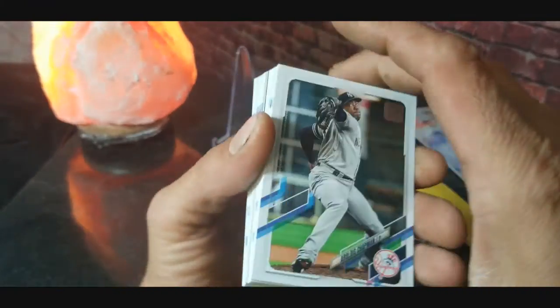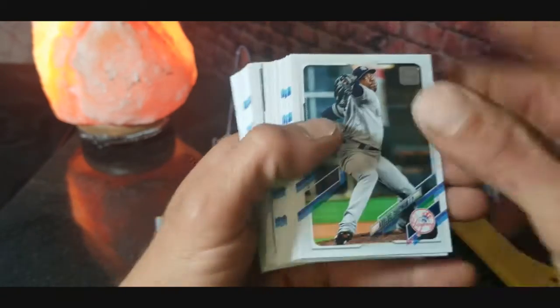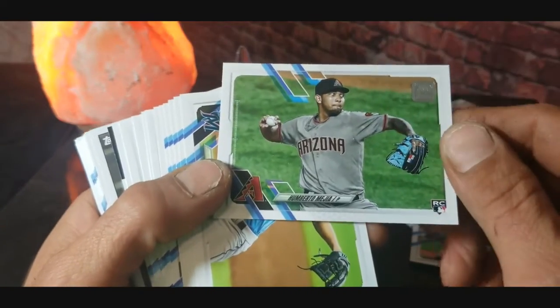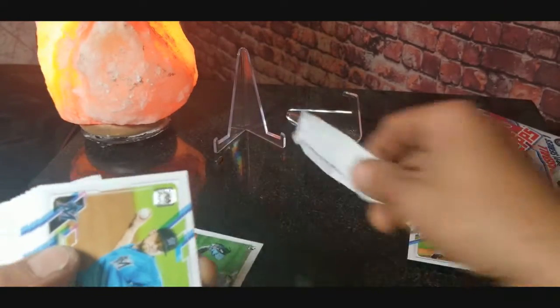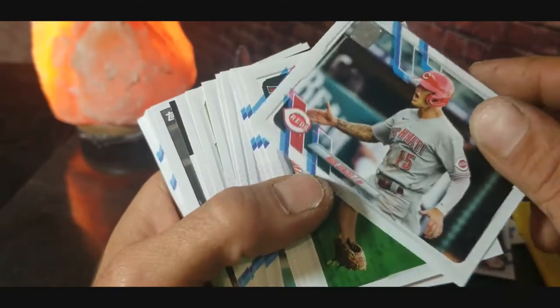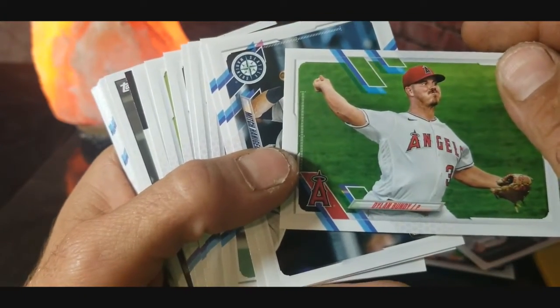Let's flip these around. We got Aroldis Chapman. All right. That was a little hard for me to pronounce. All right, so first rookie card of the batch. We've got a Humberto Mejia. It's pretty cool. Stick all our rookies to the side. We've got Nick Neidert. We got Nick Senzel. Dylan Bundy,